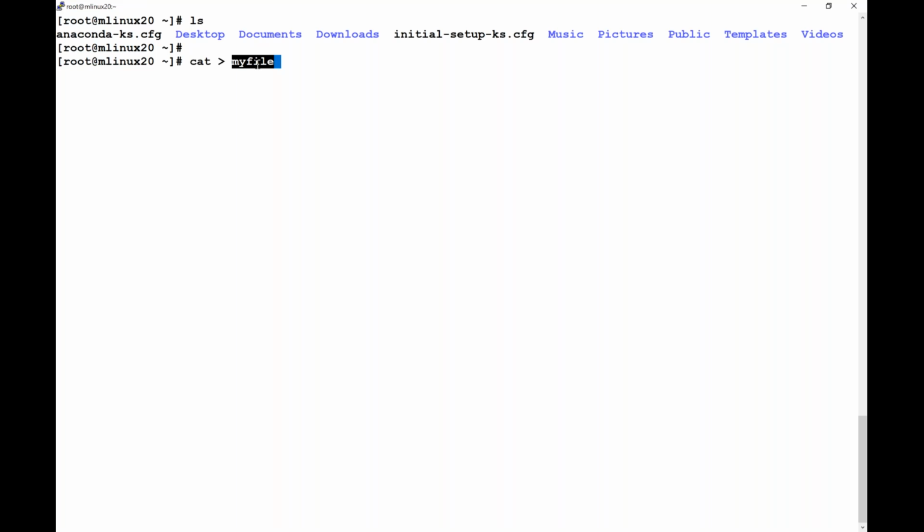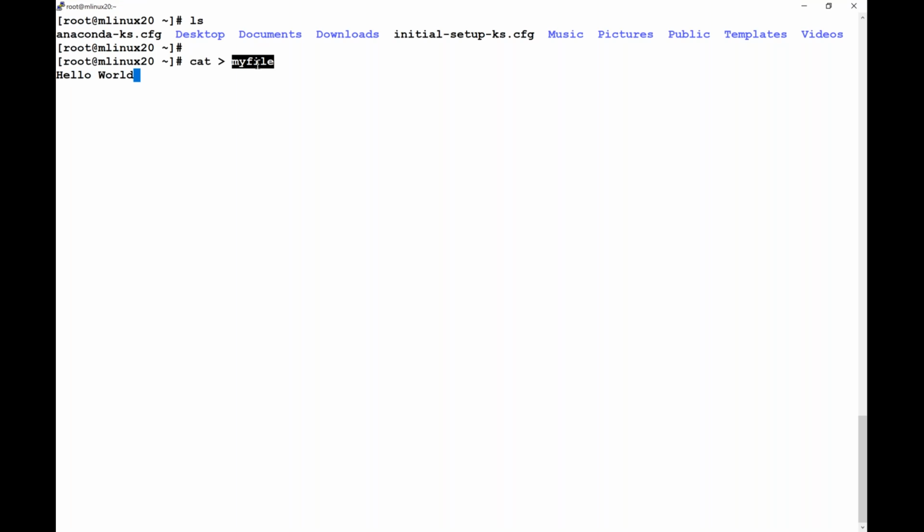Don't use a name which is already there in your system or in your current folder. As you see in my current folder, there is no file with the name myfile, so I don't have to worry. I'll simply say cat greater than and the file name. Now you see it has given you a place where you can type your data. For example, I'll type hello world,